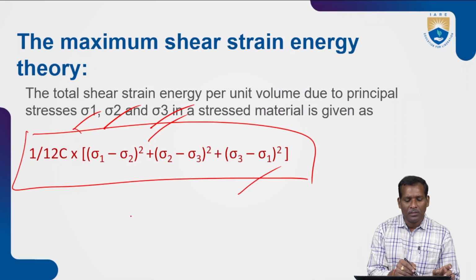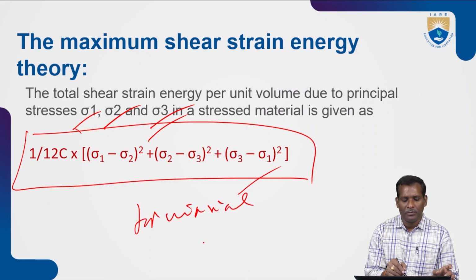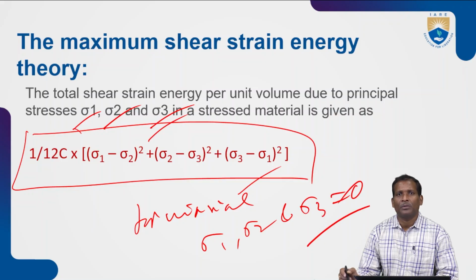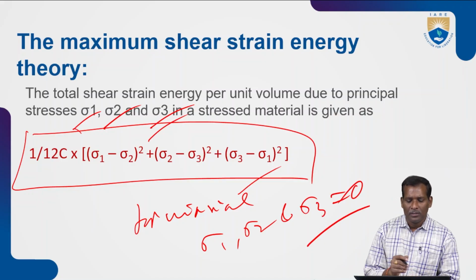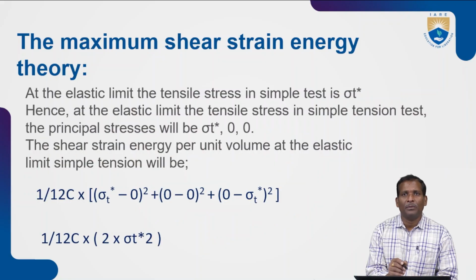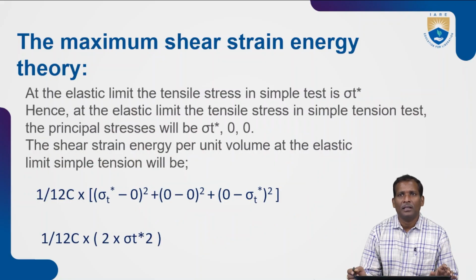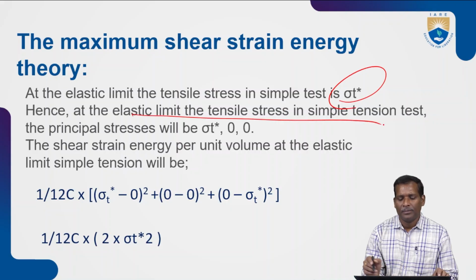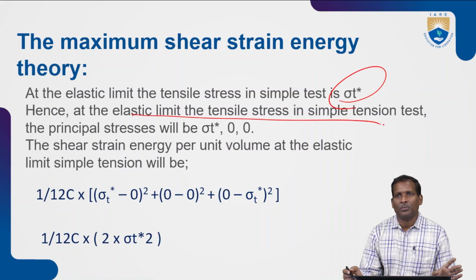Okay. Suppose for uniaxial, here also the same: take sigma 1, and sigma 2 and sigma 3 are equal to 0. Substitute sigma 3 equal to 0, so we will get one more equation. I will show you here. At the elastic limit, the tensile stress in a simple test is sigma t star. Hence, at the elastic limit, the tensile stress in simple tension test,